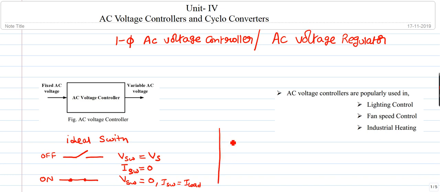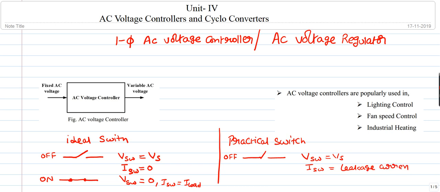Now if we are having a practical switch, first consider the switch is in off condition, so open circuited, there is no issue with that. Switch voltage will be Vs and switch current will be a small leakage current. It is not 0 in a practical switch. When the junction is reverse biased, a small leakage current will flow, from anode to cathode